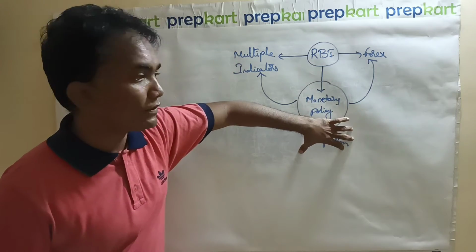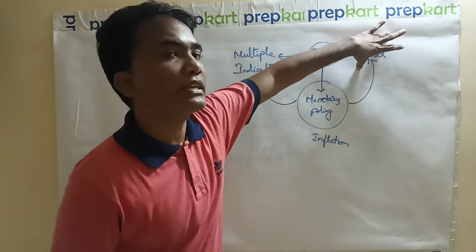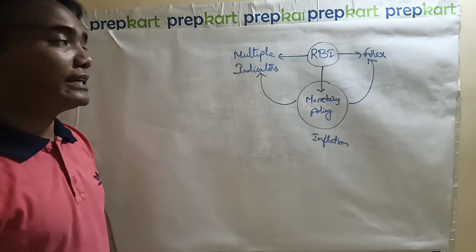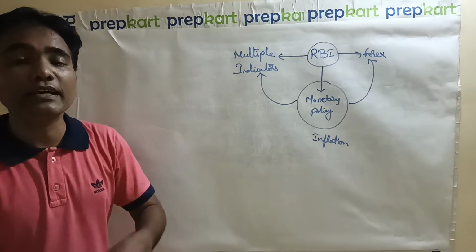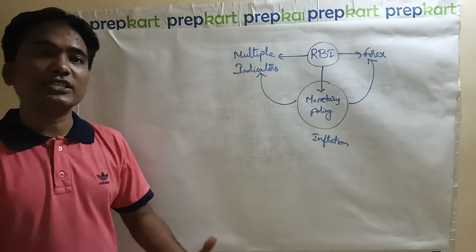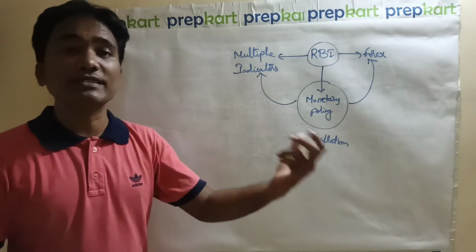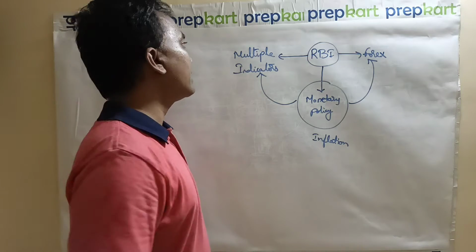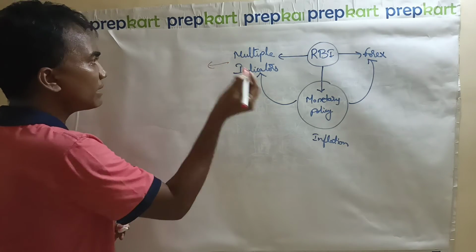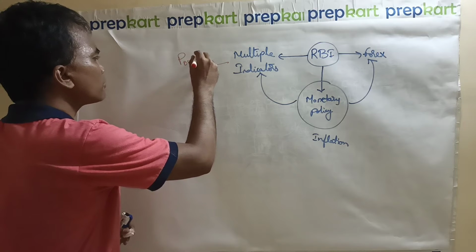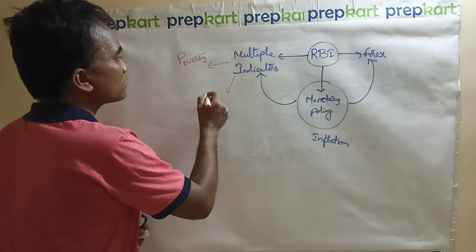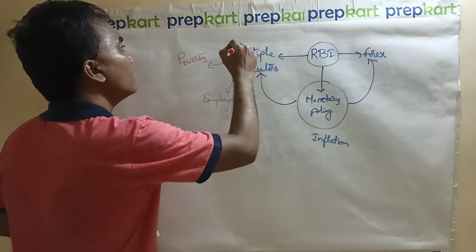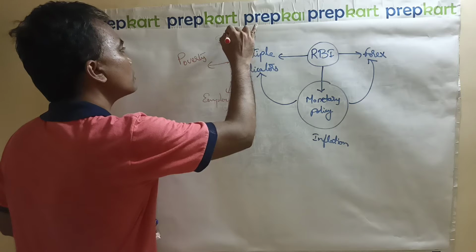Apart from taking care of inflation and foreign exchange reserves, it also takes care of multiple indicators. Multiple indicators means poverty in India, unemployment levels in India, industrial growth, IIP, what is the status of IIP, what is the status of ICA. It takes care of those indicators also. So, in multiple indicators, it focuses on poverty, it focuses on employment generation and industry also.